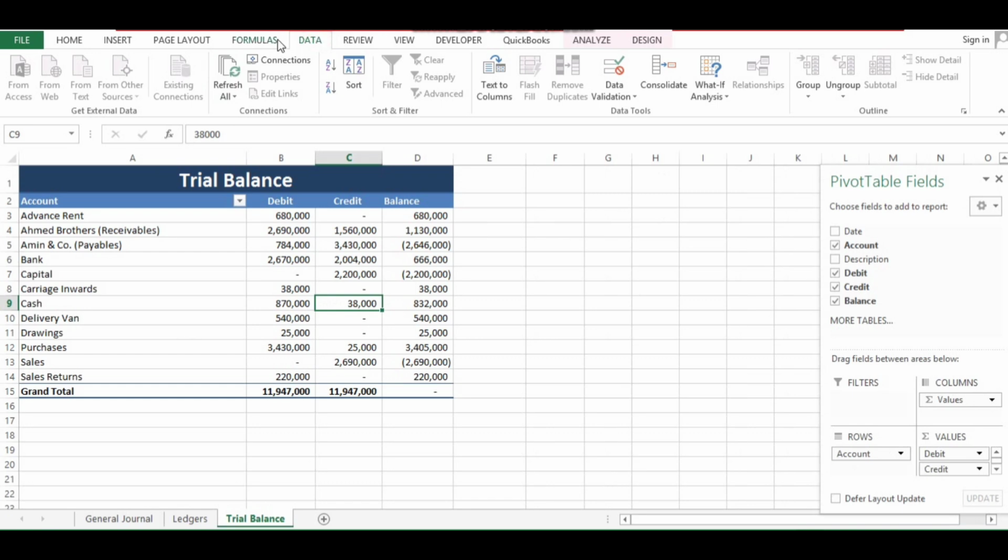Go to data and press refresh all. Here you have it. Your cash has also been updated, and carriage inwards, which was 38,000 before, is also updated here, 48,000. So you can update your trial balance by entering further transactions, and just by one click, by clicking refresh, it